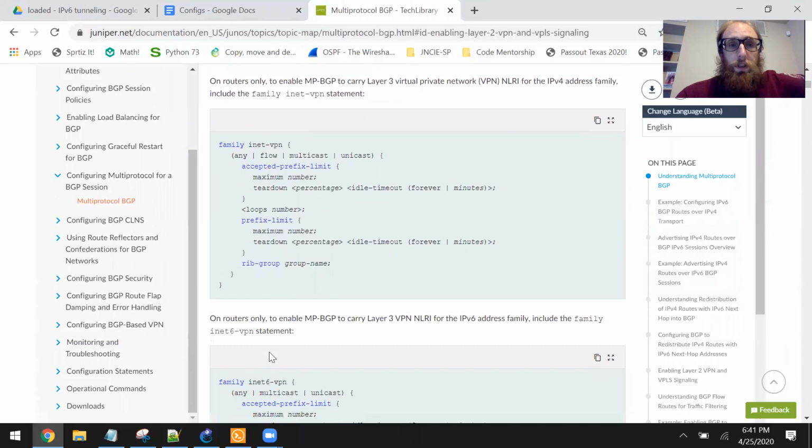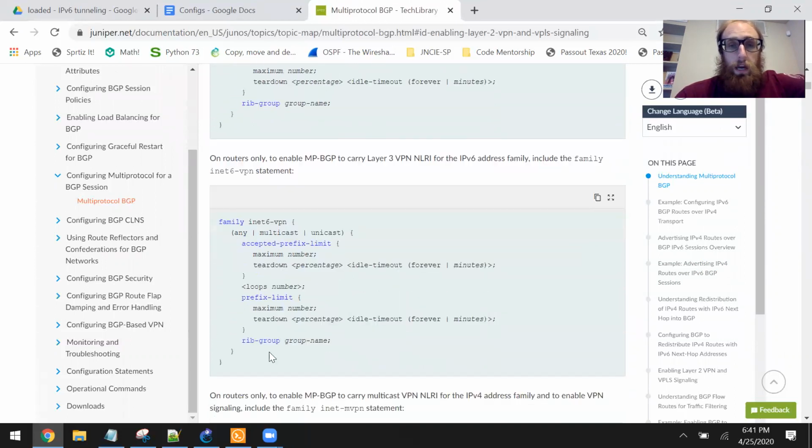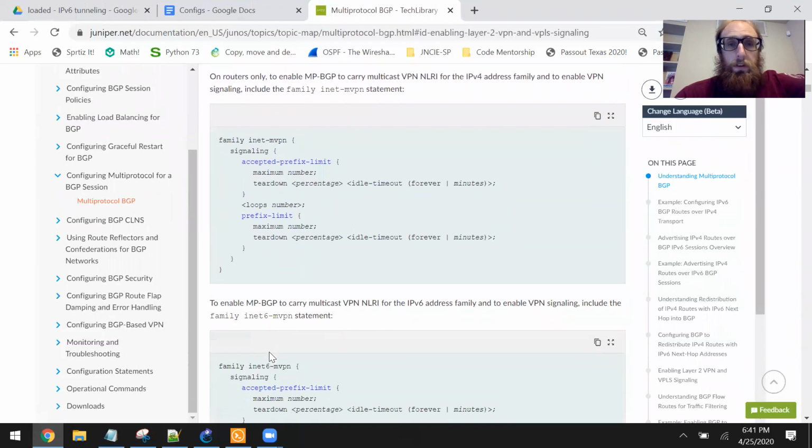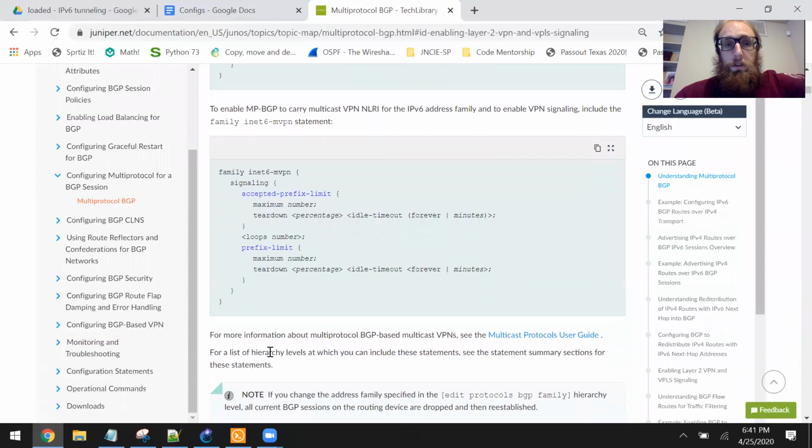On routers only, to enable MP BGP to carry L3 virtual private, so we can skip this because that was its own topic on the exam. I went through that. Unfortunately, I don't have it on video, but